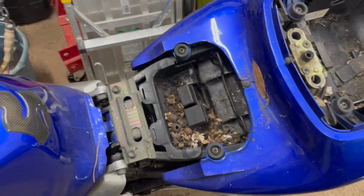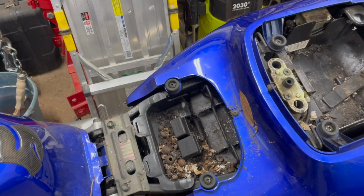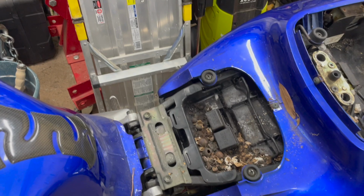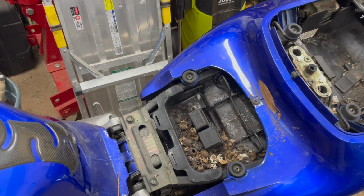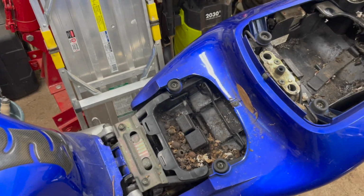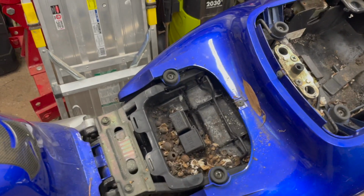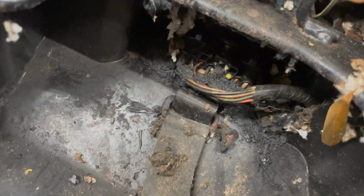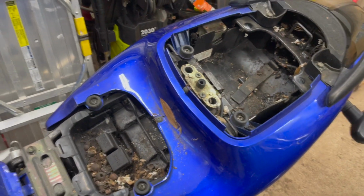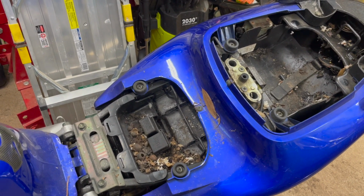Now, like I say, even though this thing has sat for about 6 years, it did sit inside of a garage, but that garage was hit by a tree that fell, and so the roof and the wall was messed up. So it was not airtight. I can see some corroded things already, aside from dirty things, and some rats have been in here, so we'll have to take a real good look at wiring and things like that. This is definitely going to be a will it run. We'll have to go through it thoroughly,